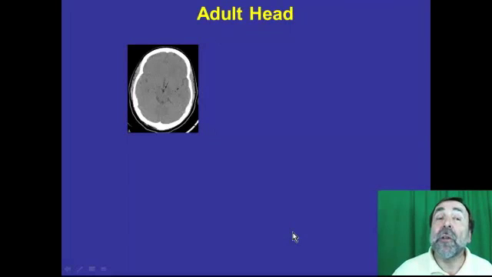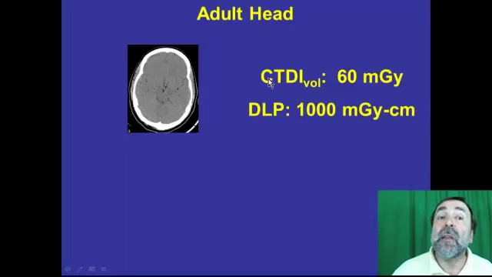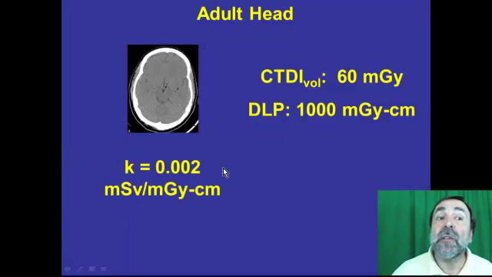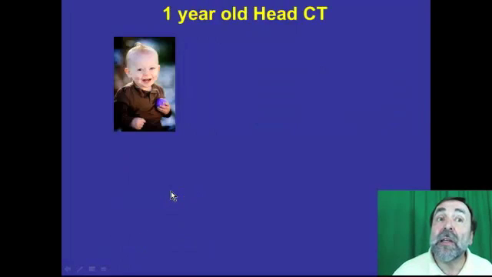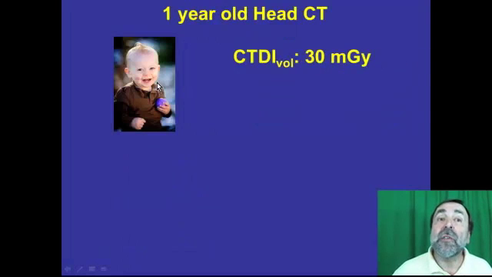You do an adult head CT examination. You have a CTDI vol of 60 milligray. You multiply the CTDI vol by the scan length and you get the total amount of radiation used. You take a typical K factor for adults undergoing head CT, 0.002 millisieverts per milligray centimeter, and your patient effective dose is 2 millisieverts. If instead of scanning an adult head, you had done a 1-year-old head, then your CTDI vol